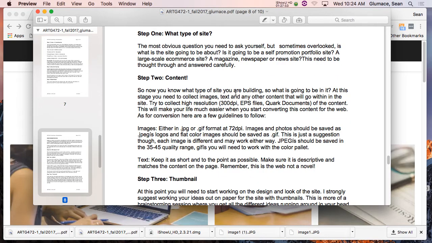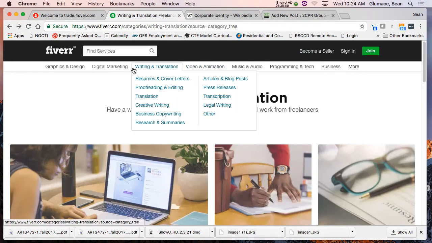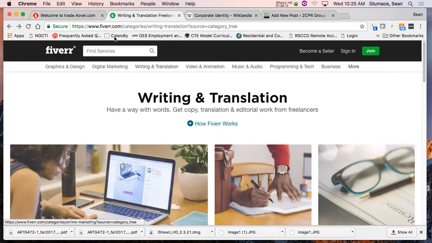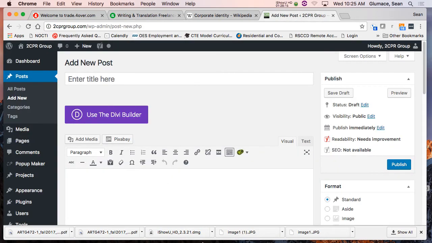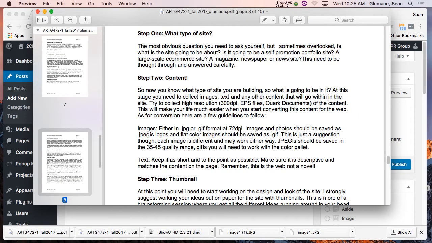So when we're going through this, think about what you're going to need to collect to build your site. Now, if you're going to build it for someone else, that's perfectly fine. I don't care what you do. You can make a completely fake website. You can pull down a whole bunch of images from anywhere and build a fake website. I don't care what your site is. Usually, though, if you're vested in it, in terms of building it for yourself or a client, it makes it a little bit easier. Not easier, but you'll actually finish it.